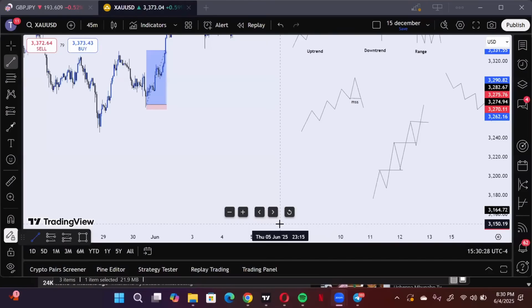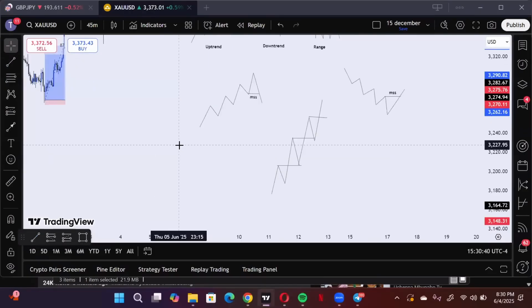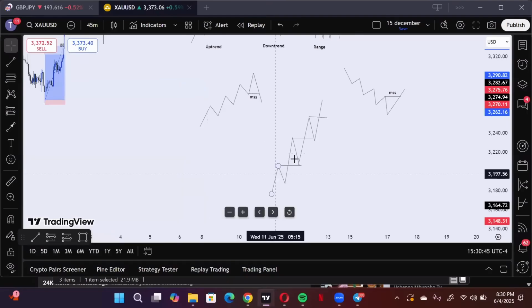Okay. So I should start with break of structure again. All right. So like I said, a break of structure is a scenario where price keeps breaking a key level while maintaining its current trend. So you already know the market is on an uptrend. So if the market makes a higher high,